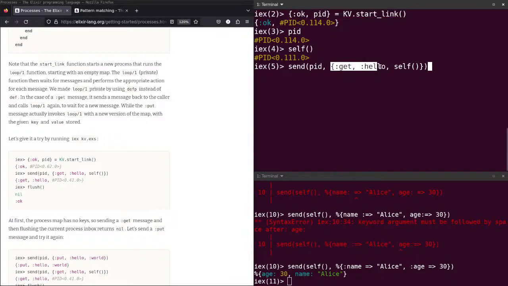I send this message. I'm confused because this is a map, but I think a map should start with a percentage sign. Okay.